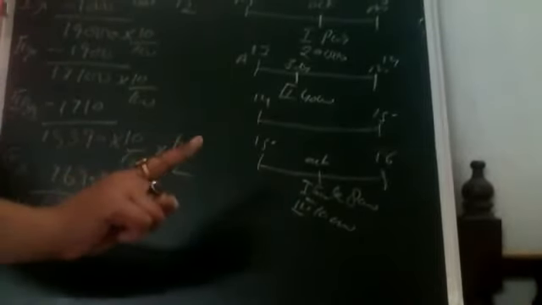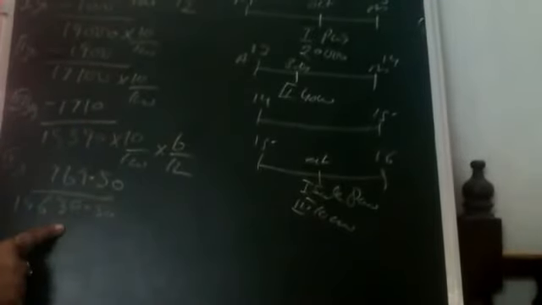Let's start from first. First of all, we will write original cost, and till now all the depreciations will be deducted, and we will find the book value. Let's see. Original cost is here. First depreciation minus, second depreciation minus, third, fourth depreciation minus. We have got it here. The book value it is.